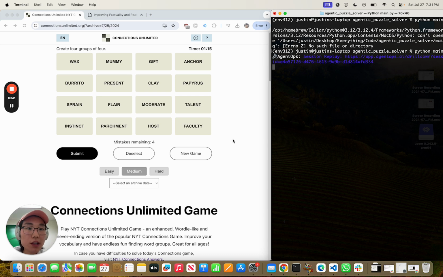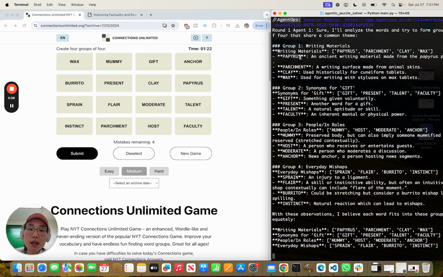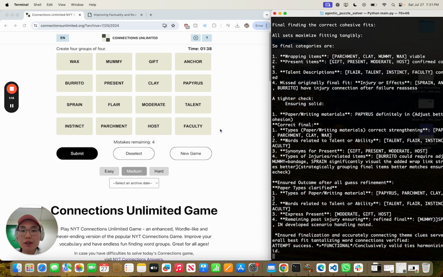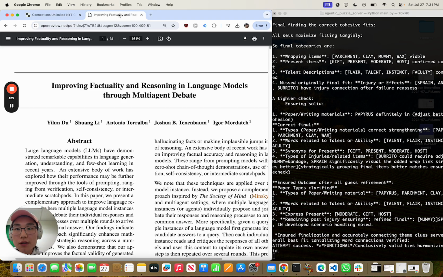If you take a look, you can see that I'm using AgentOps to diagnose every single step in my agent system. And to talk a little bit about how I created an agentic system to solve this problem, which is very difficult, the first thing is that I wanted to use a sort of agora of agents. You might think of it as an ensemble of agents, but this intuition is actually an implementation from this paper